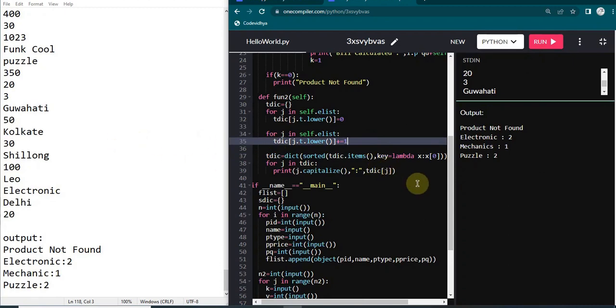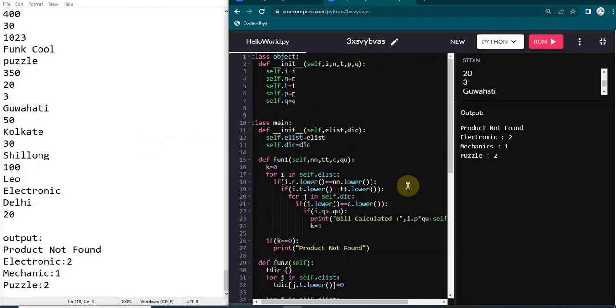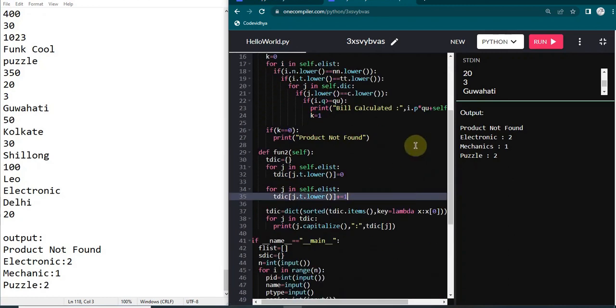So what did you feel about this question? Was it easy, or medium level, or is it solvable? And I have tried this new version of typing the code live. Whether you liked it or not, it got a lot of errors, and it gives me the opportunity to show you that even I get errors while solving the question, and how patiently you have to solve the question, and how you have to debug your solution. Apart from the input errors, all the other errors are solvable. So you don't have to worry about the input error, because it will be fed automatically by the system